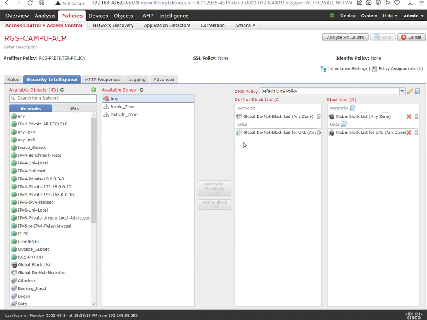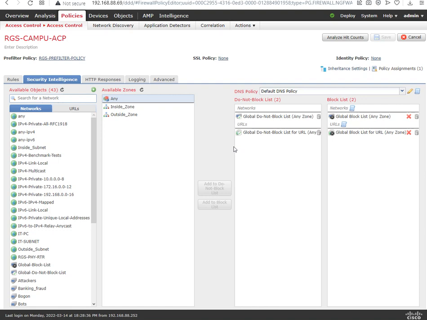So we will take a look at how we can utilize these features which are built in and which are frequently updated from Cisco's cloud feed resource called the Talos, and from there the feeds are injected into the FTD,